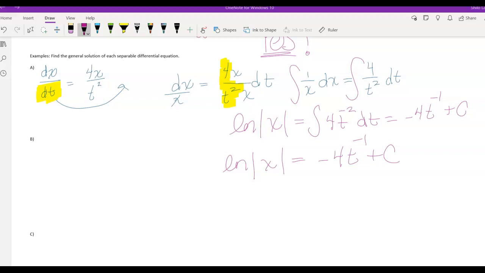X is our dependent variable, and whenever possible, we would like our final answer in explicit form. So we want to isolate that x value there. So we need to do some operation that will cancel out a natural log, which is going to be a power of e. So we're going to raise both sides of the equation to the power of e,